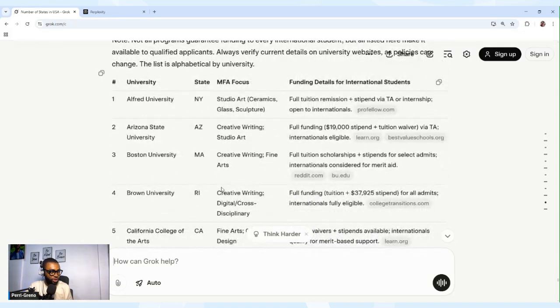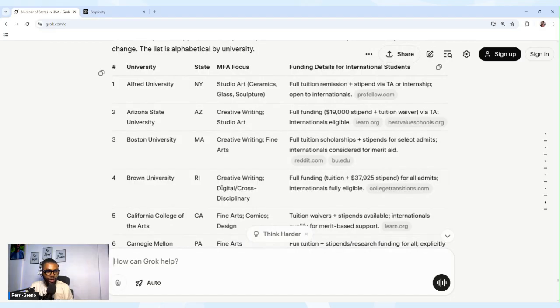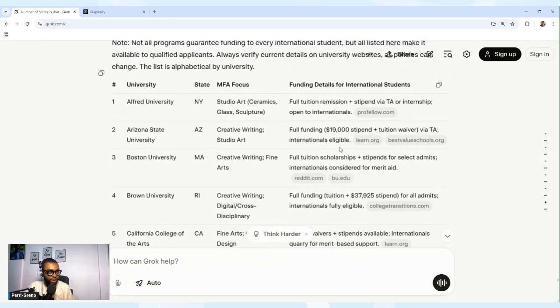So here, AI has narrowed down our search to the list of those universities that have funding opportunities for MFA programs only. Like I'm saying, you can look at the fourth column: funding details for international students.